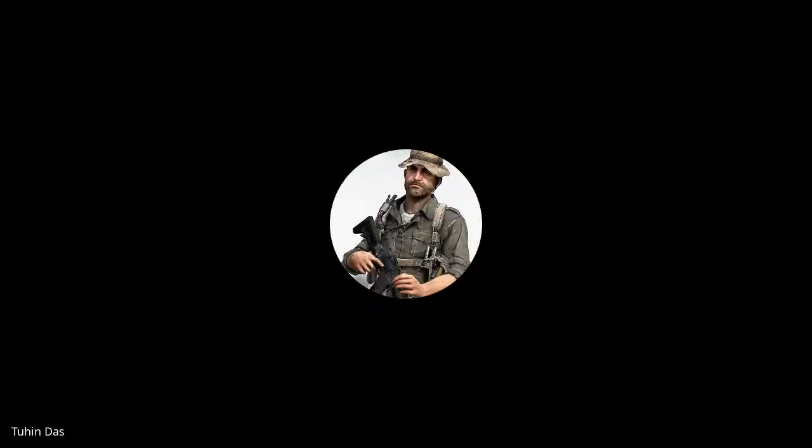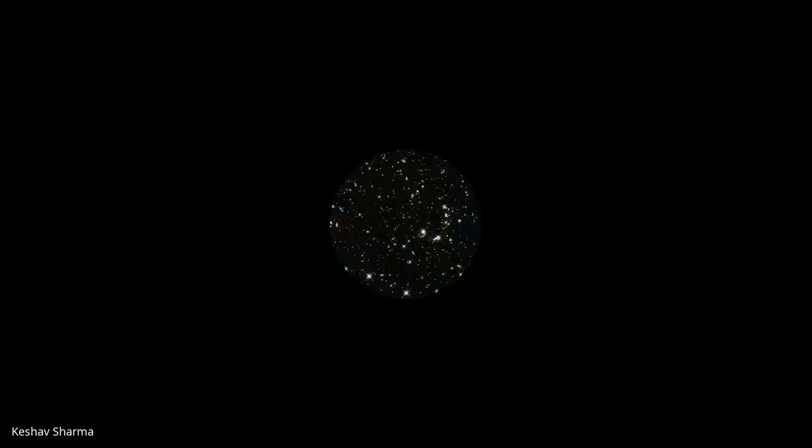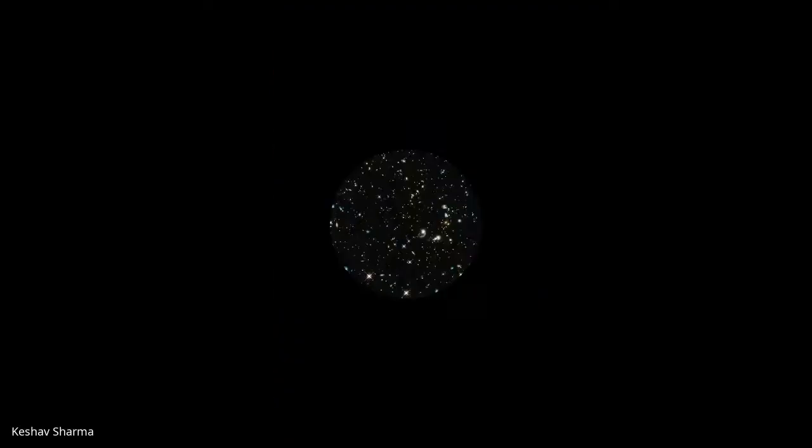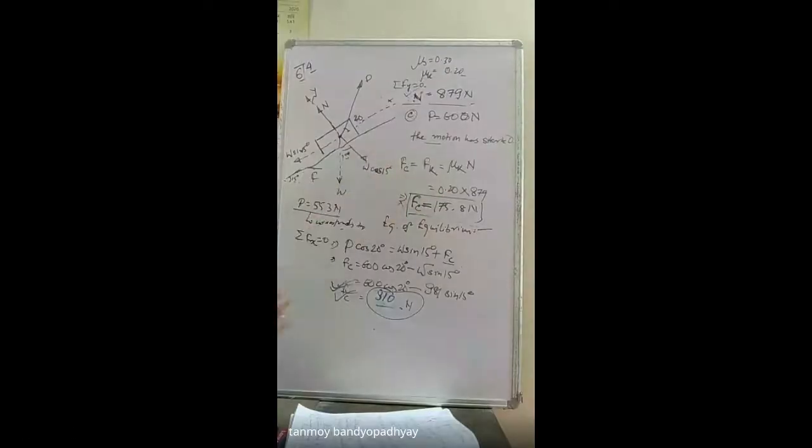Yes sir. Sir, kinetic friction যত হবে না, মানে 175.8 হবে না, 310 তো হতে পারে। I think what you are getting from the equation of equilibrium, you have to take this value, not this value. Okay sir. It goes on changing actually. বুঝতে পারছো? The mu k actually goes on changing as you go on increasing the load. So this is what you get from the equation of equilibrium. That is the main thing. It will always be greater than this one. So whatever you are getting from the equation of equilibrium, that value you have to take.